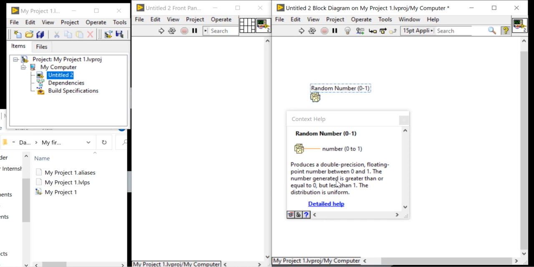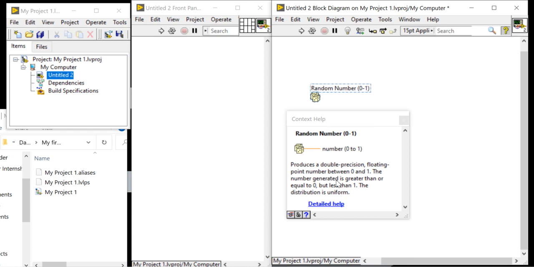The random number generator produces a double precision floating point number between 0 and 1. The number generated is greater than or equal to 0 but always less than 1. The distribution is uniform. It means each and every time it will generate a different number.